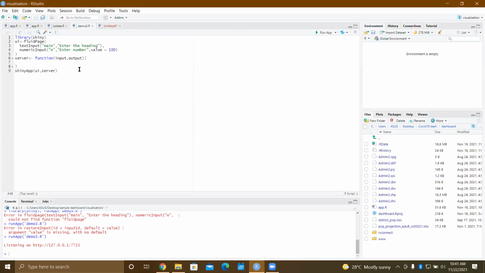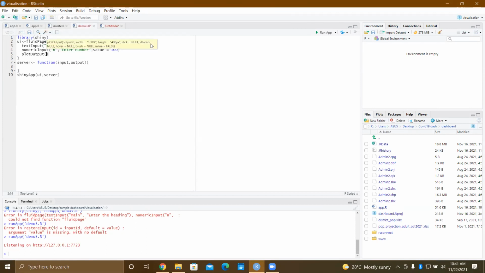So this is just the outline. Now let's give output. So these are all my inputs, and so let's give plotOutput, and let's give it the name plot1, and let's just calculate.